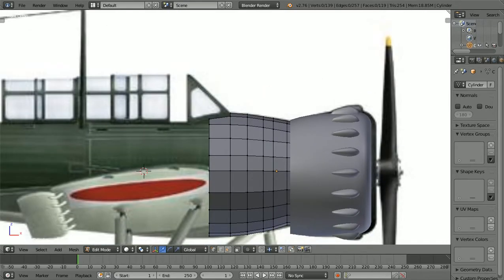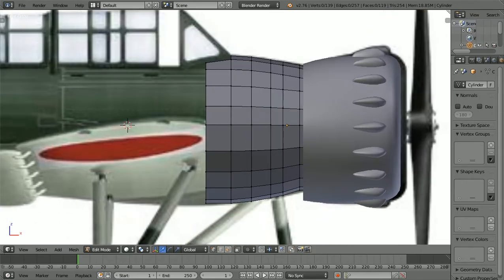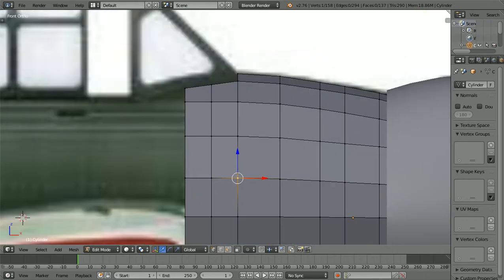Okay, what I was wanting to show you is we put the cursor over this back set of faces in the center here, and we push Control R. Okay, that's our edge loop. We're going to push A because I just want it centered there. That's fine. Oops, right click it, left click it. Okay, and come in here,